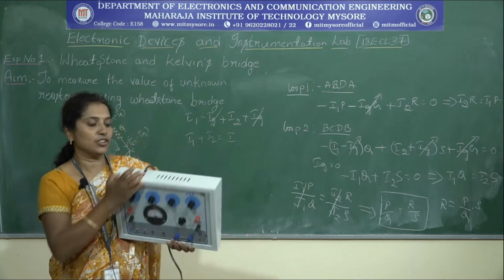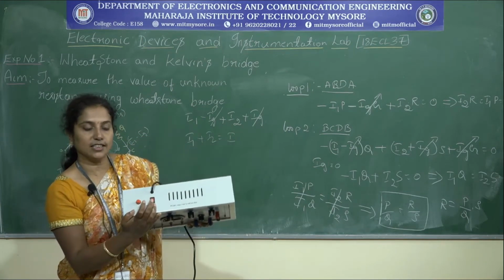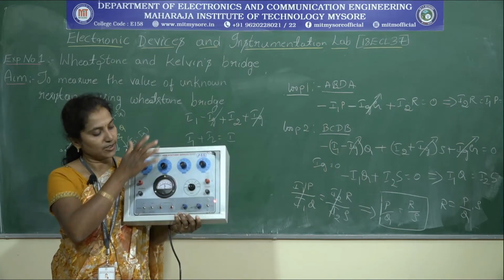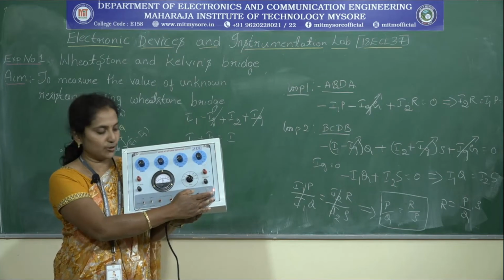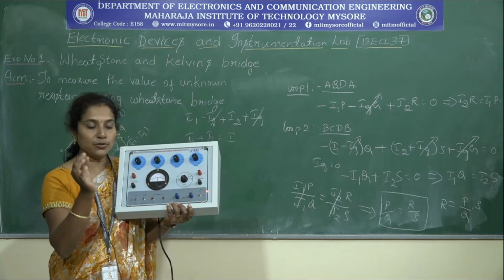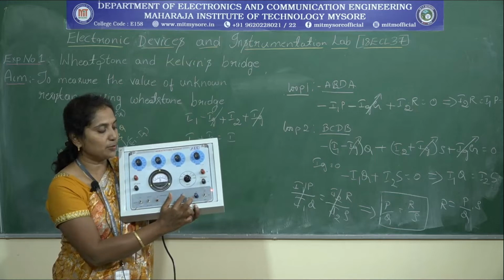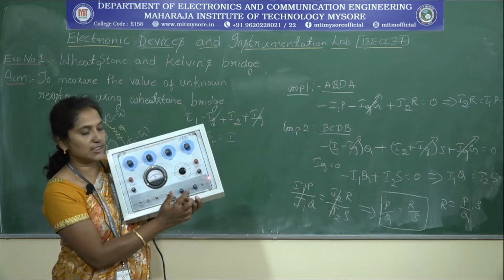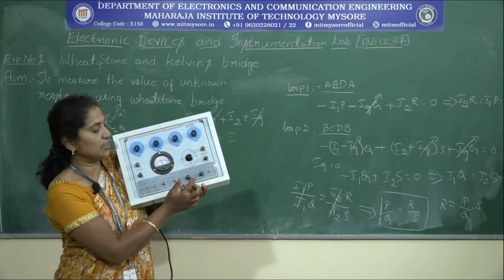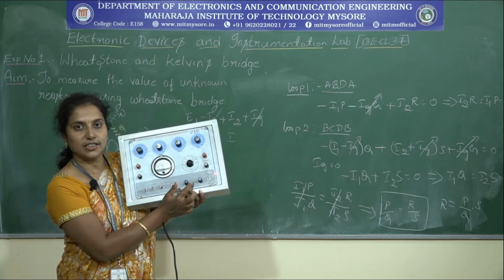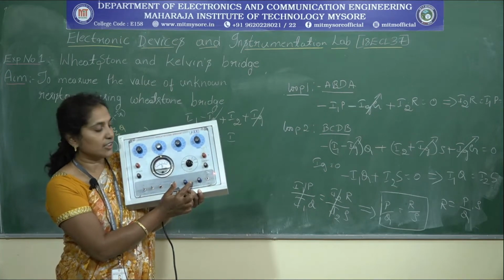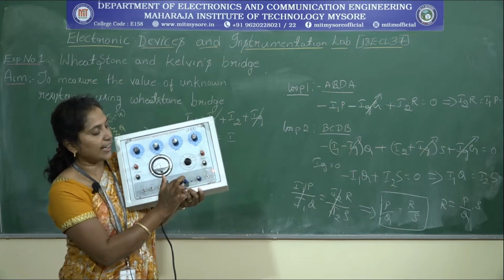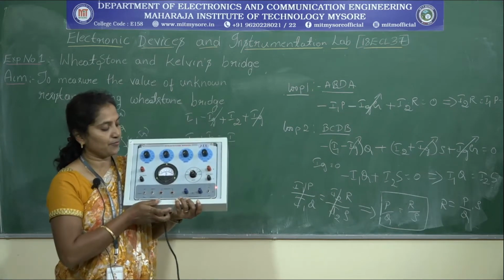First switch on the supply here. See here, this is the kit supply, you have to switch it on. Then the LED will be glowing, and one unknown resistance you have to connect between these X1 and X2 points. This is the unknown resistance. I hope you are watching here. We do not know the resistance value here, the unknown resistance we have connected between the X1 and X2 points.